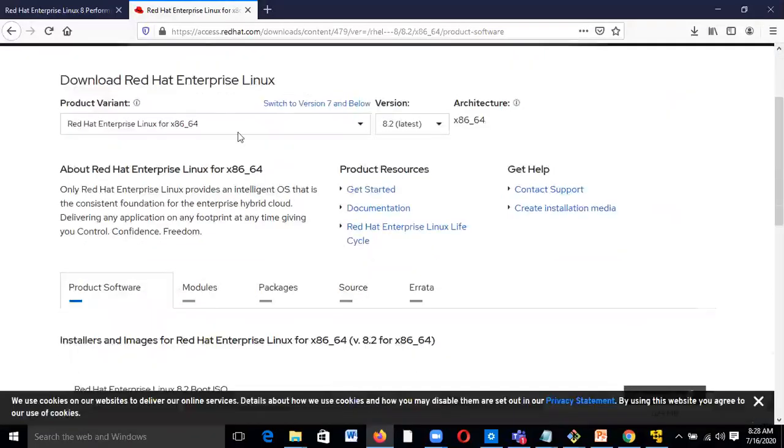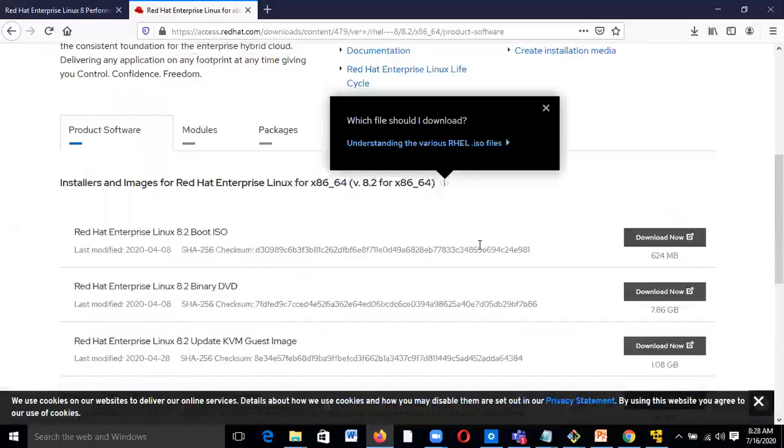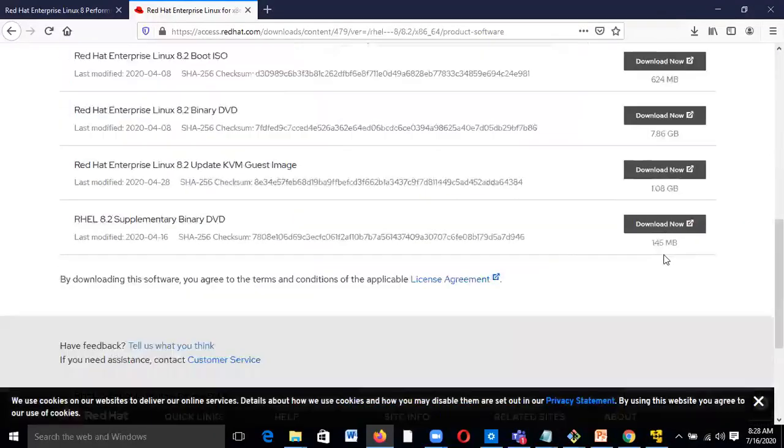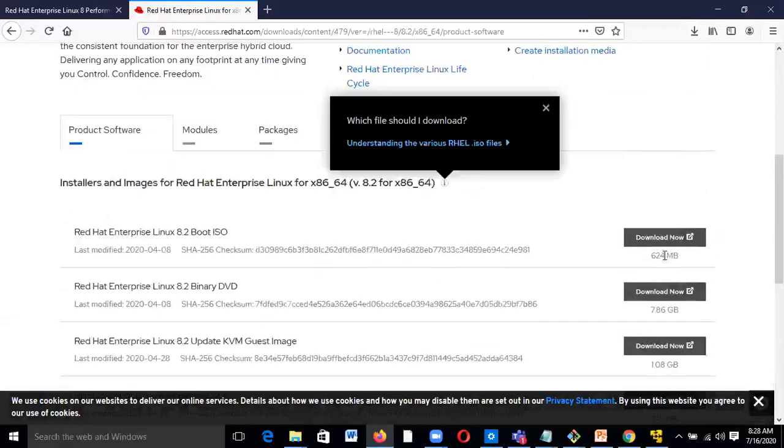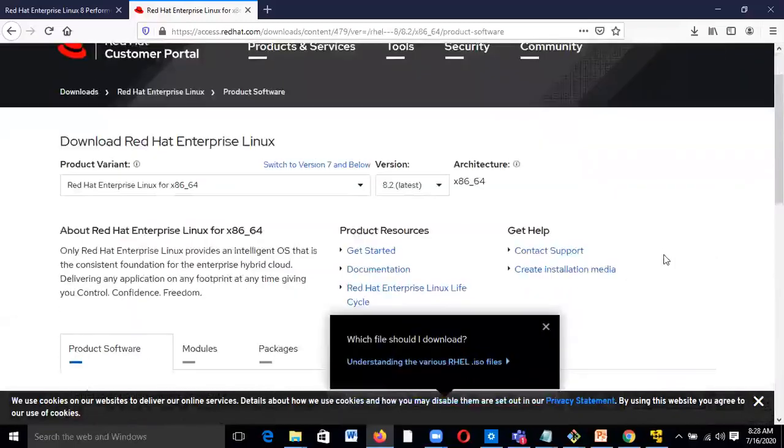We have the DVD ISO image boot.iso. I have the boot.iso file. Here you can see I downloaded this file, and we can do the installation. So let us